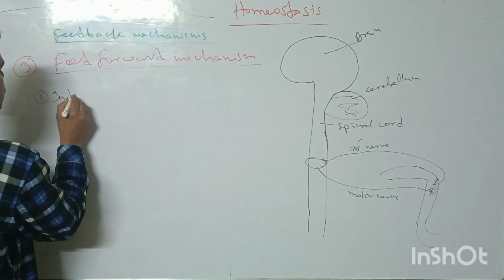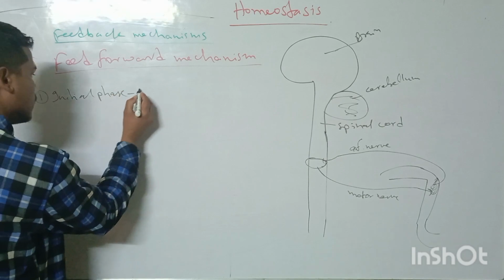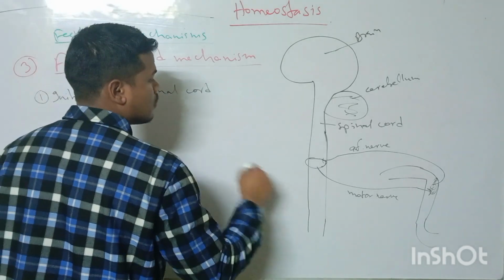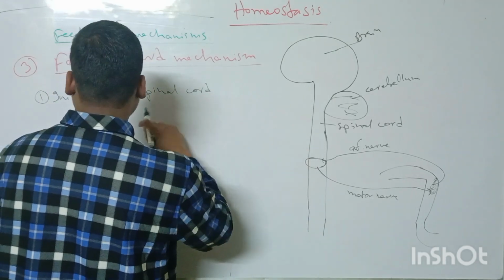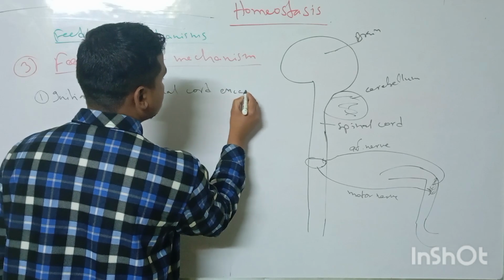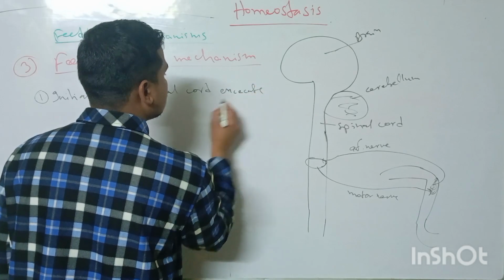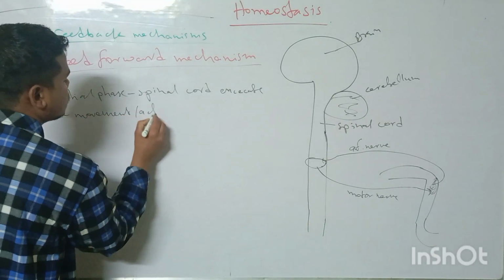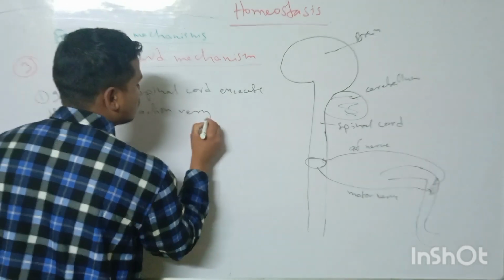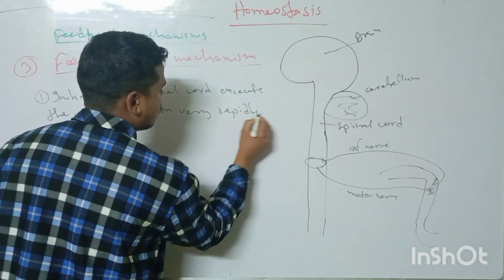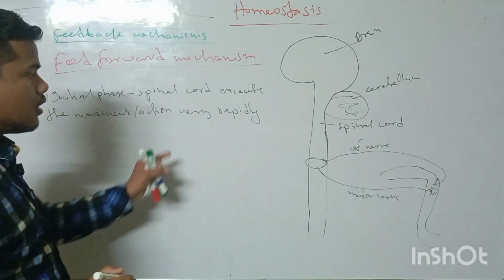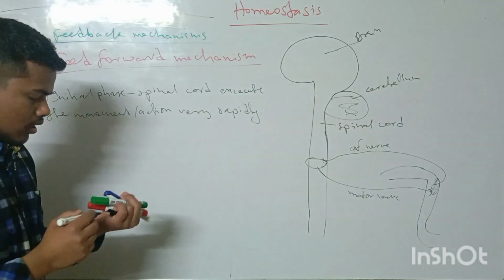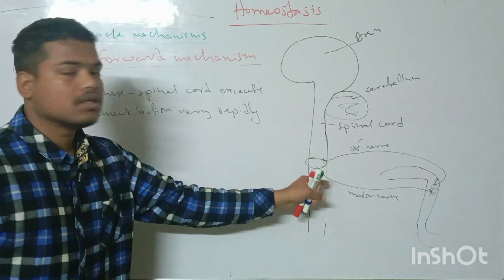Initial phase: the spinal cord executes the movement or action very rapidly, and if there is still correction or refinement needed,